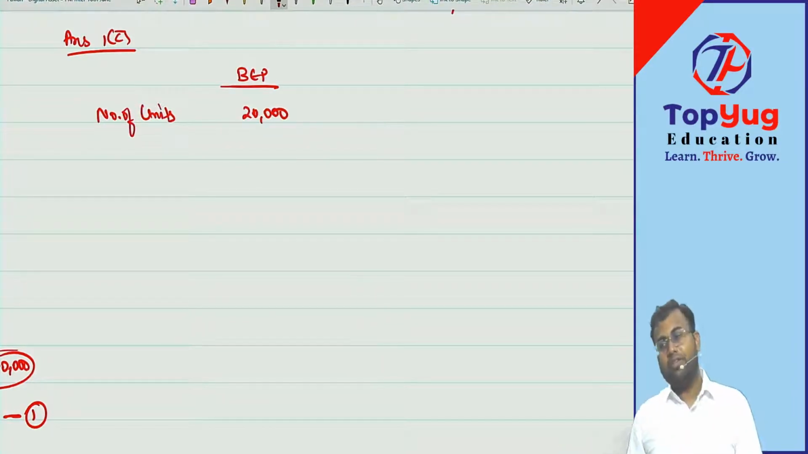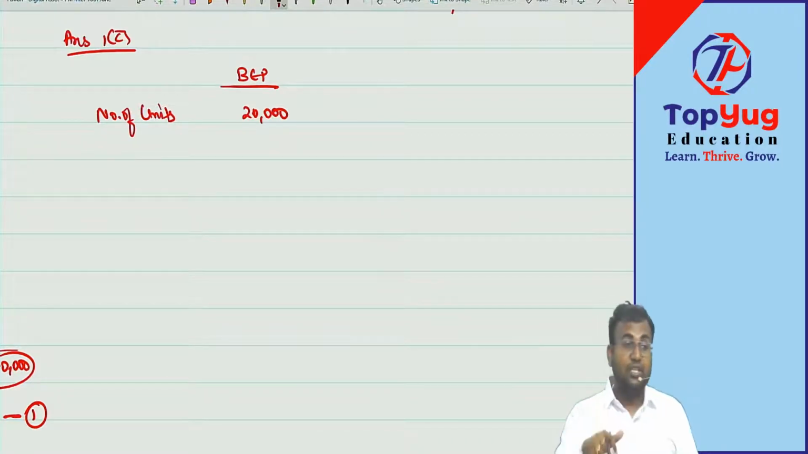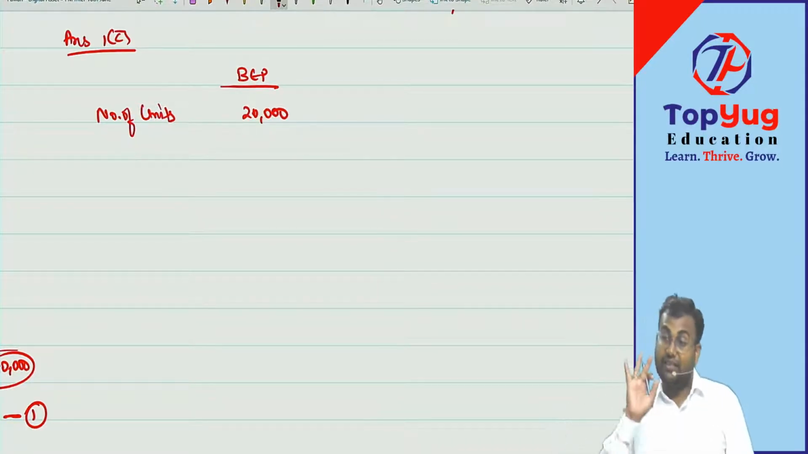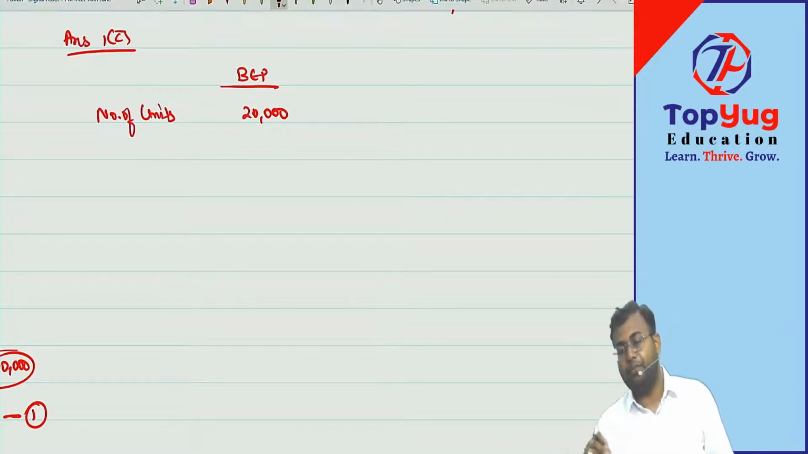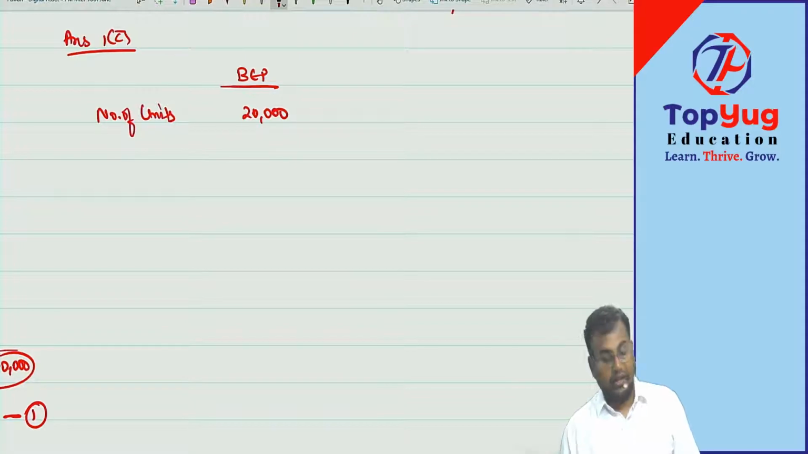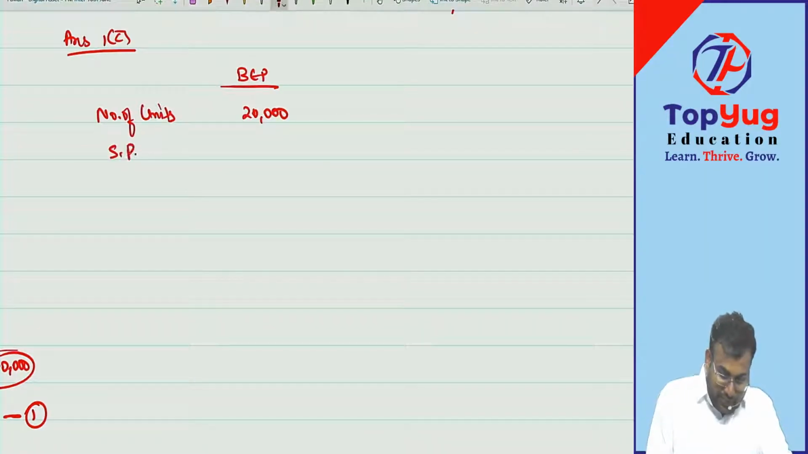So this company also did a break-even analysis and said at least 20,000 units we are supposed to sell. At least, for doing what? At least getting zero profit, zero loss, right? That means at this break-even point of 20,000, my selling price per unit